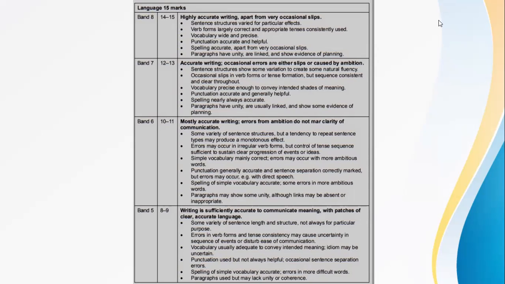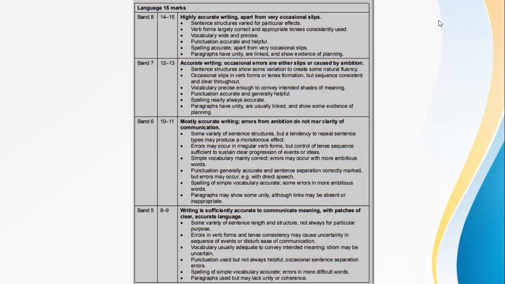Punctuation is generally accurate and sentence separation correctly marked, but some errors occur, for example in direct speech, little spelling errors here and there, some ambiguous sentences, links may be absent, or some words inappropriately used. So if you fall into this category, you will be given band 6, whereby your marks would be